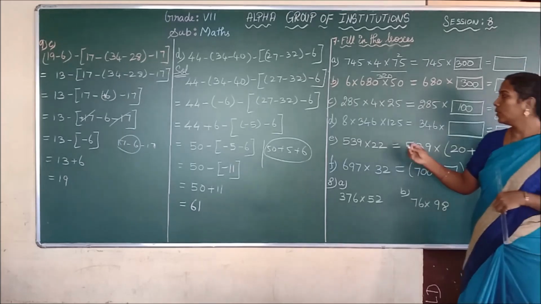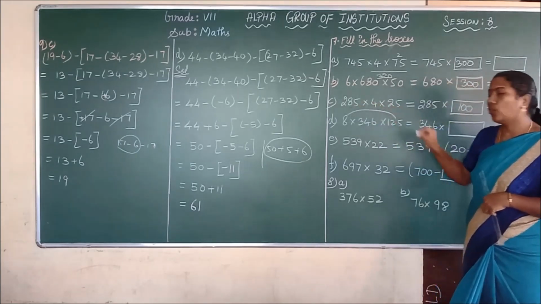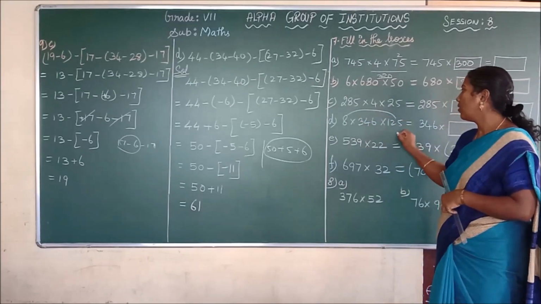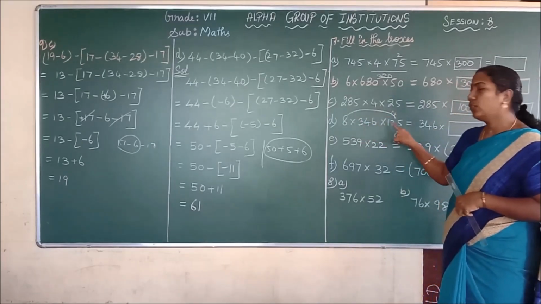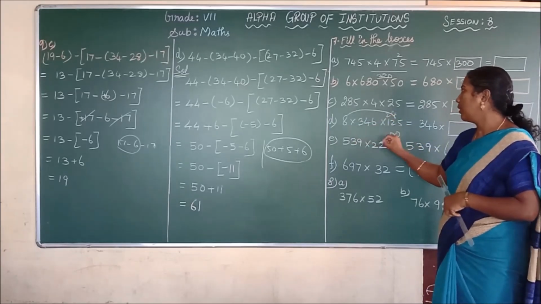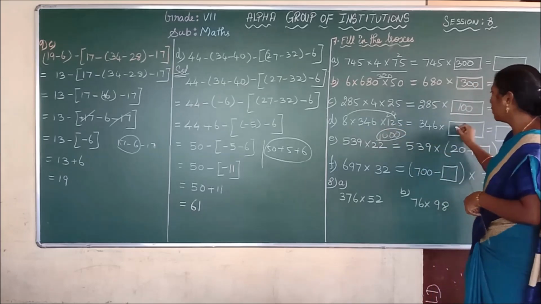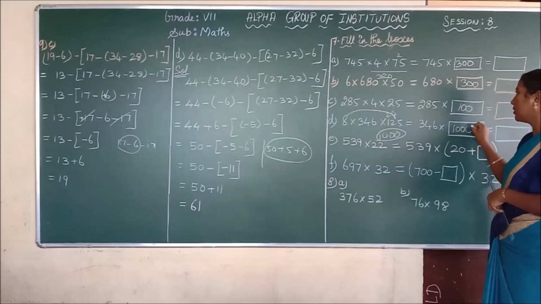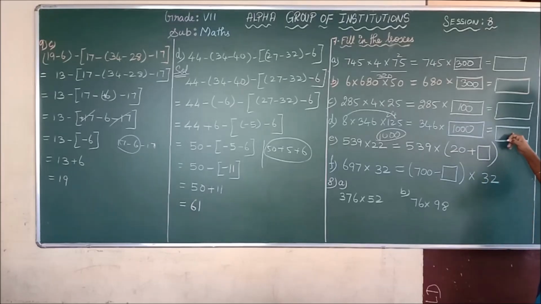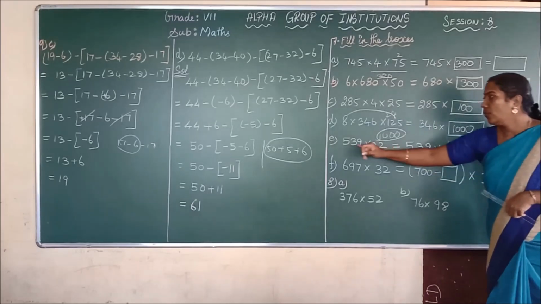So here we are using 8 and 145. What happened? If you multiply 8 with 145, 8 5s are 40. Remainder 4. 8 2s are 16 plus 4, 20. Remainder 2. 1 8 is 8 plus 2, 10, so you get 1000. So here you have to write the number 1000. It is very easy to multiply with 346 and write the answer. Clear, students? See the next one.